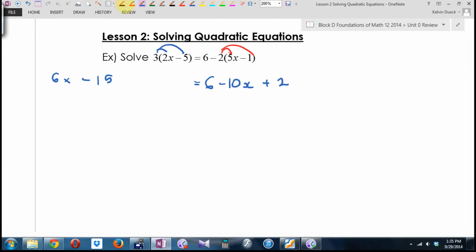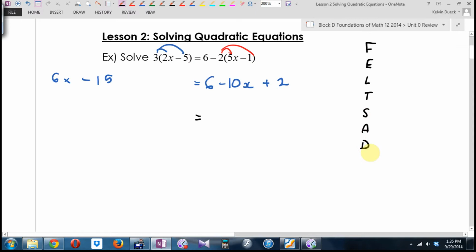Get x by itself. In fact, you know what? I have a procedure. I almost always drop the equal sign down just because, A, I've stayed organized, but B, my next line is no longer blank. I feel better. Hey, I know what I'm doing. Okay. So what's the procedure for that? Well, I know the grammar doesn't quite work, but if you want to know what the order of things is,